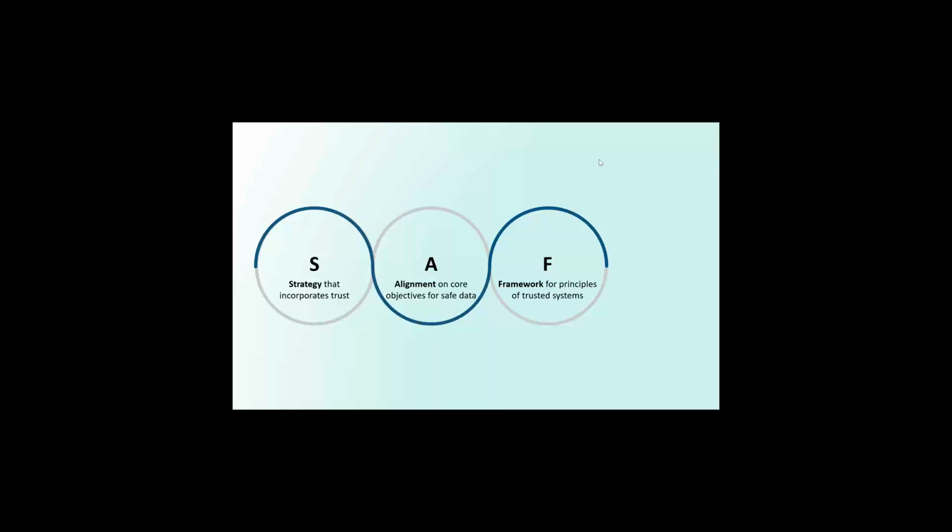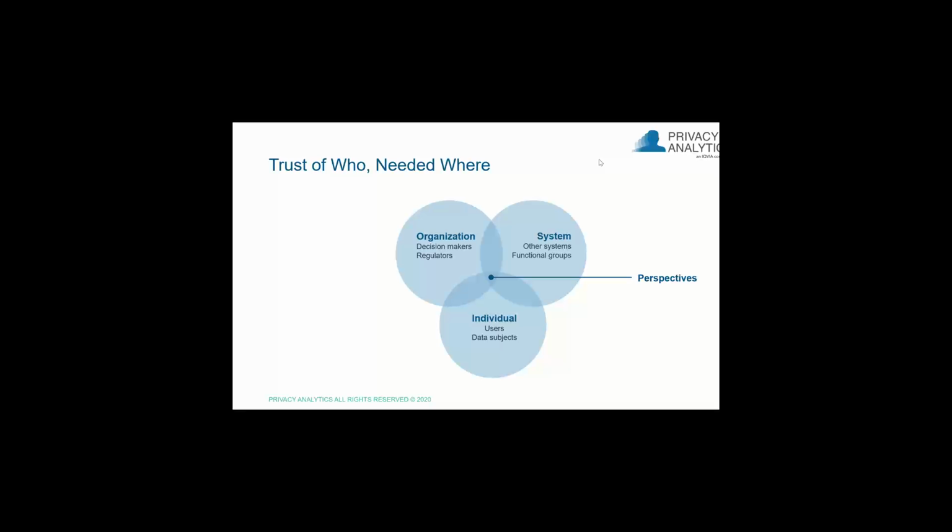So once defined in terms of these frameworks and these principles, then we have a strong foundation to consider how to embed safe data practices into the engineering realm, right? So first, let's ask, whose trust are we trying to gain? Which groups do you need to convince and to get aligned and working with you on your strategy? Who needs to trust your system? Who needs assurance that data is safe? Now, we can break this down into three general groups: the organization, system, and individuals.